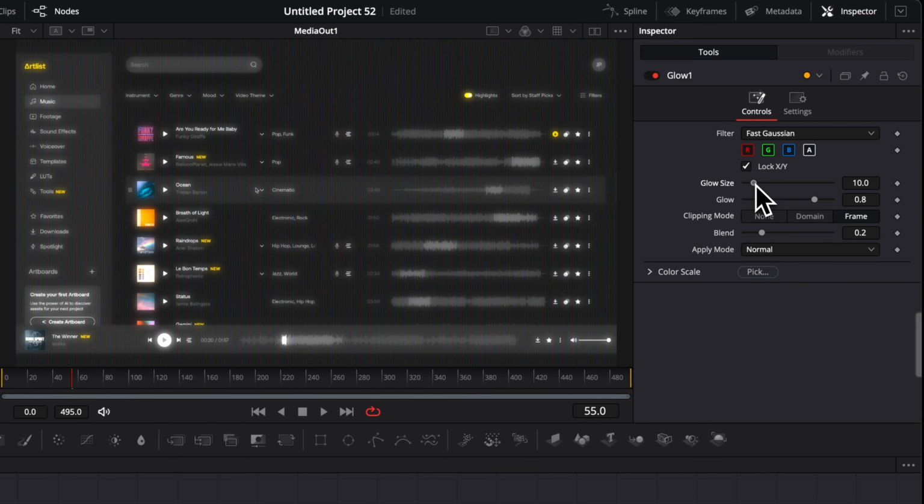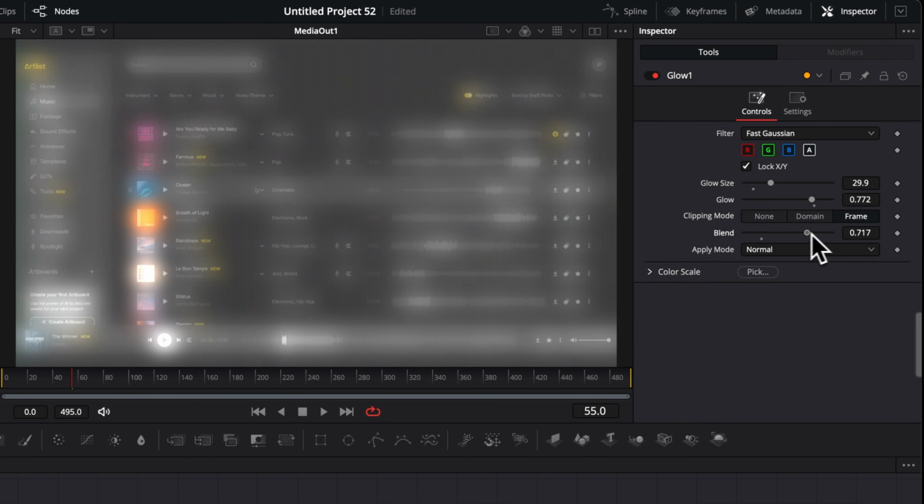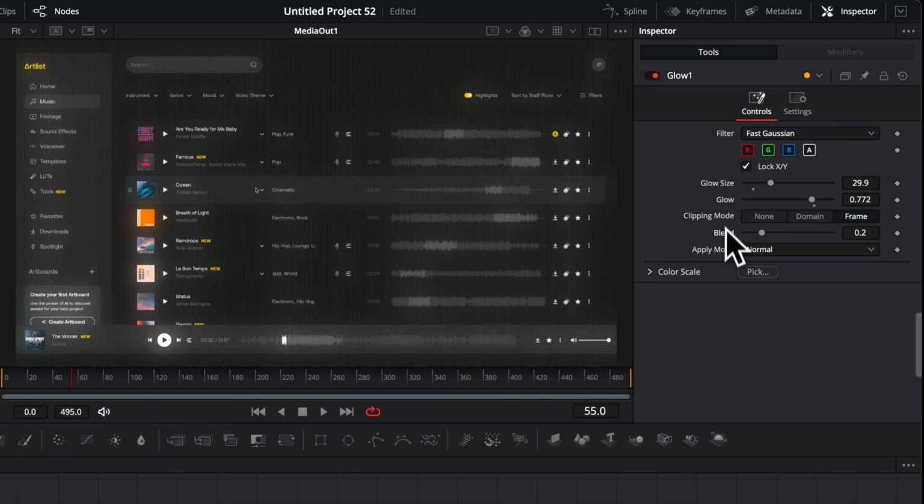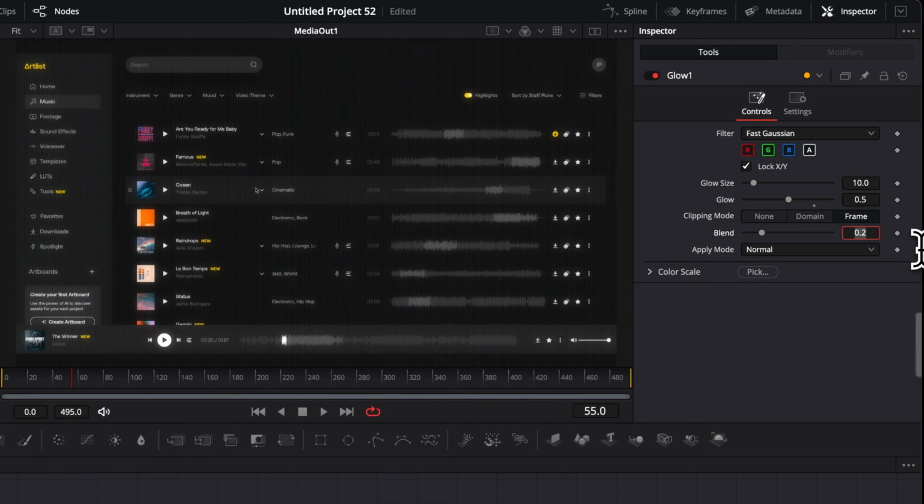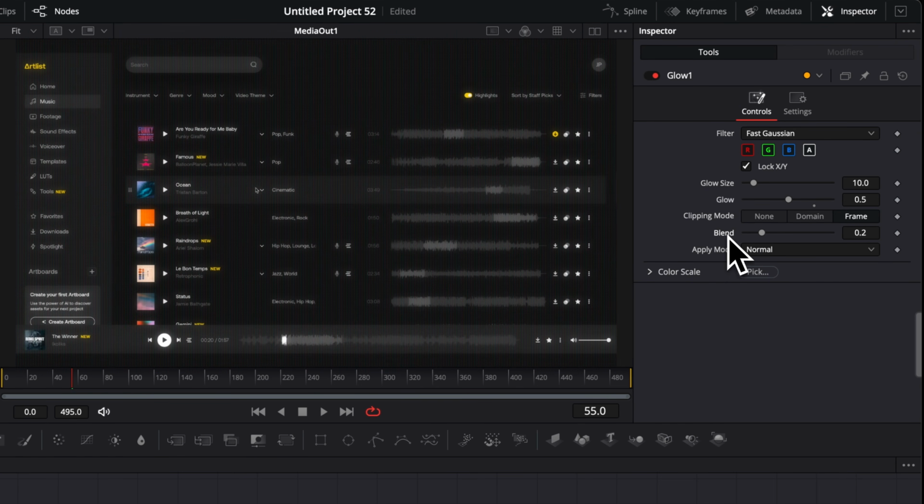So then you can play around with the glow size, with the glow, and with the blend to dial in or extend the overall effect. What I tend to do in terms of the value for something like this is go at glow size 10 and then 0.5 for the glow itself. And then I'm just gonna dial in the intensity of the effect using the blend. In that case, I'm gonna leave it at 0.2, maybe 0.3, and we might come back to it after the